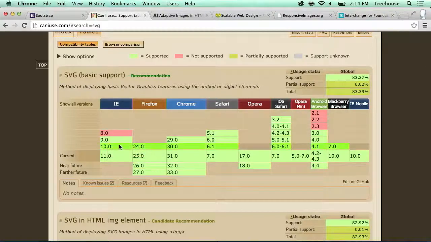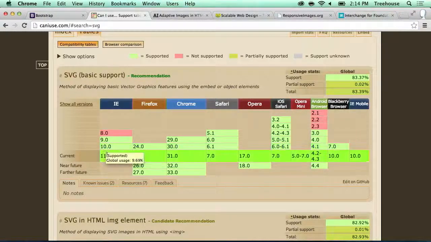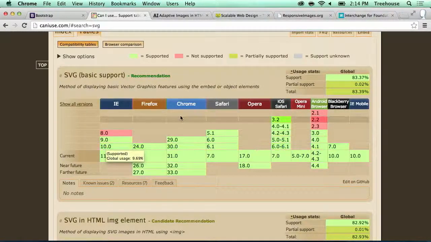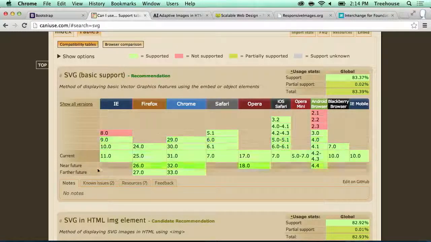So that's 2 versions back now. So you should be actually fairly safe to go ahead and start using SVGs as long as you provide some sort of image fallback. So they're also supported in Firefox, Chrome, and Safari, and pretty well supported across all mobile